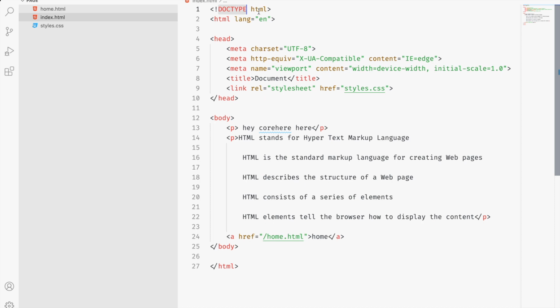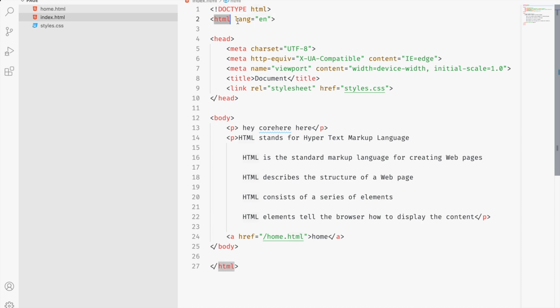In the latest version, HTML5, they have introduced many semantic tags like section and others. So we need to mention the doctype so the browser can quickly recognize this belongs to HTML5. Otherwise it will switch to quirks mode, which is the older format, and the website doesn't look good. So we need to mention the doctype.